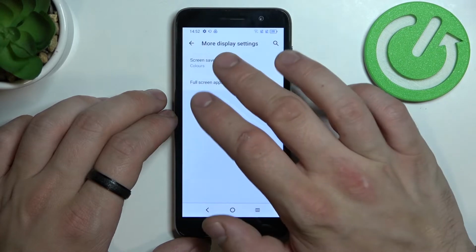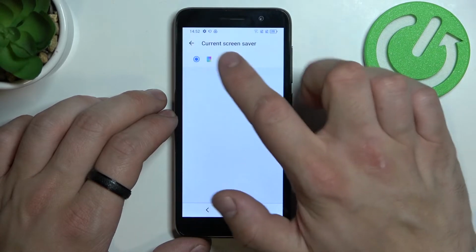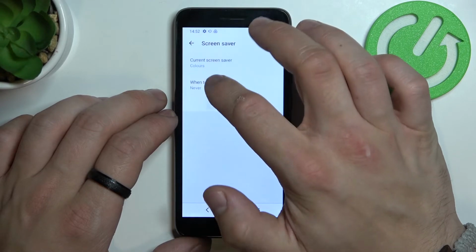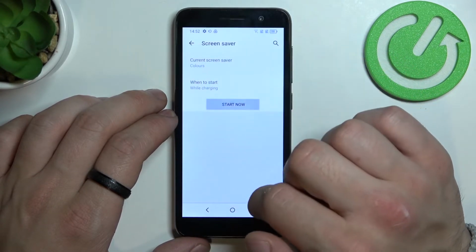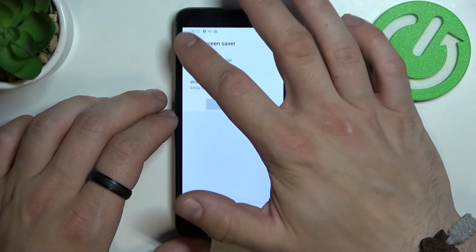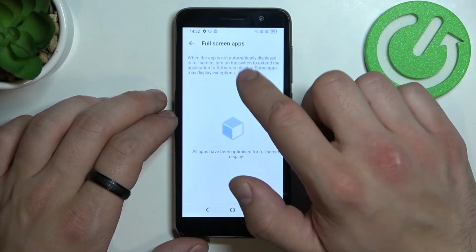In more display settings, we can set screensaver, manage full screen apps,